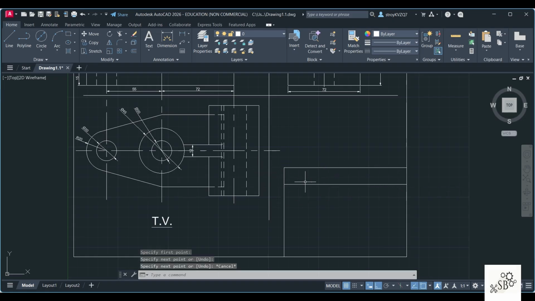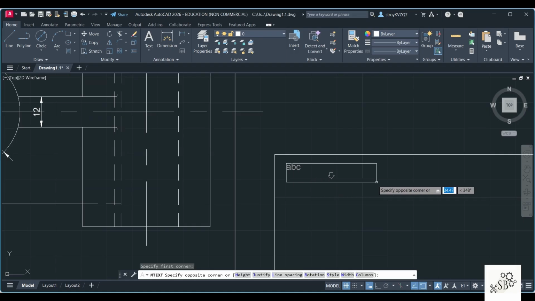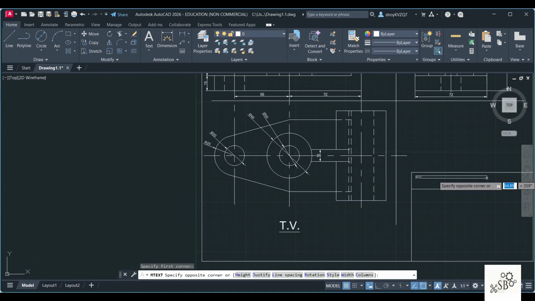And this is the area where you generally write the name of your institute where you belong to. So you can use the text option and you can enter that. So suppose if I use multi-line text, see to it that you are clicking inside this box and not on the line that you have created.